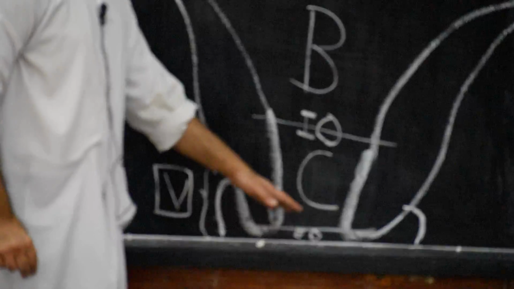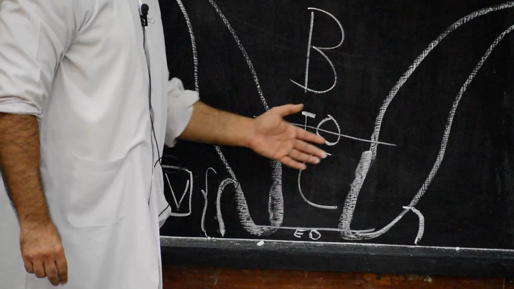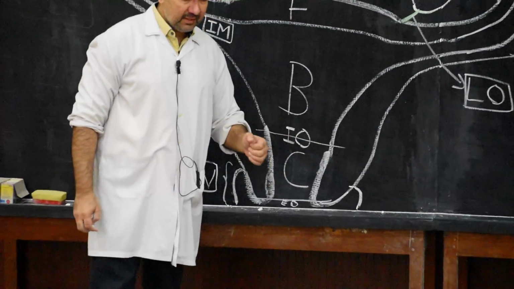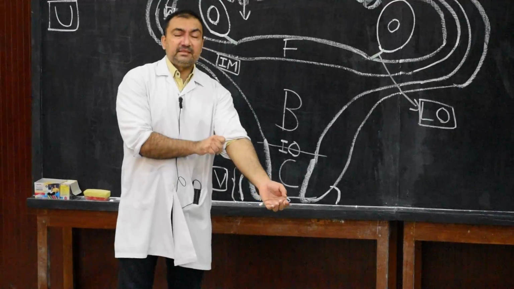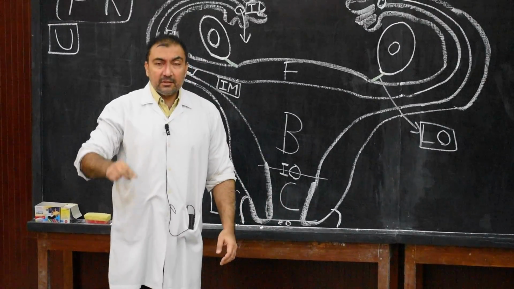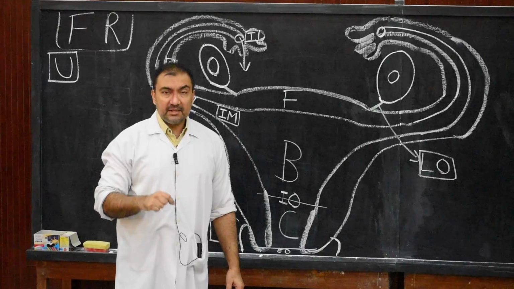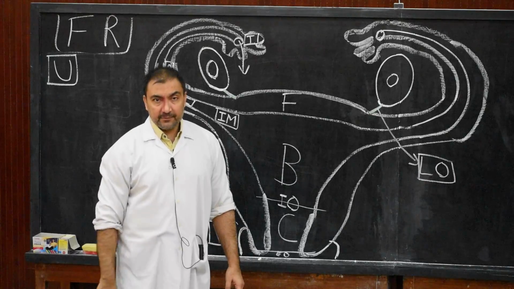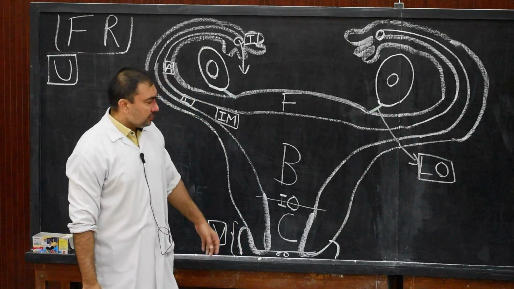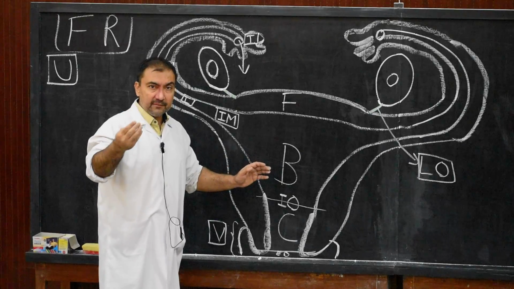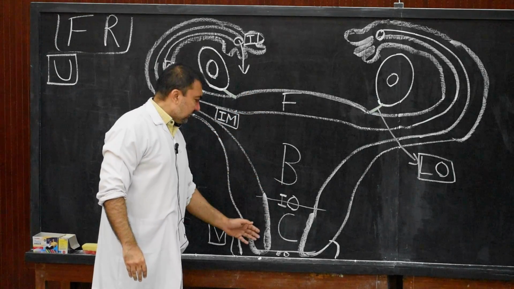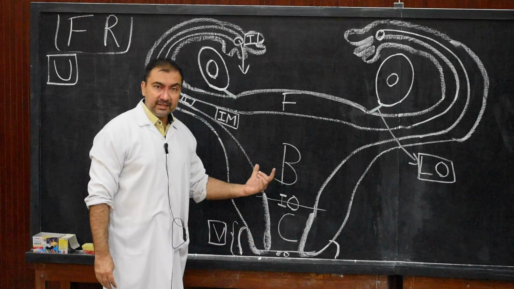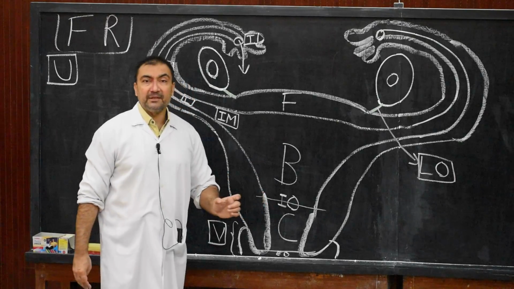Now, considering the structure of the entire uterus, first the dimensions. Dimensions are very important. The dimensions of the uterus will be around 7 or 7.5 centimeter multiplied by 5 centimeter multiplied by 2.5 centimeter. So please note down, the non-pregnant or non-gravid uterus will be around 7 to 7.5 centimeter in length, 5 centimeter in breadth, and the thickness will be 2.5 centimeter.